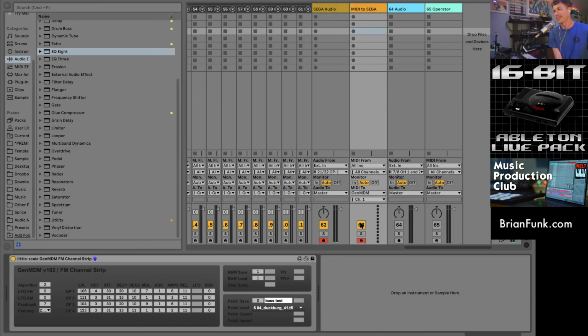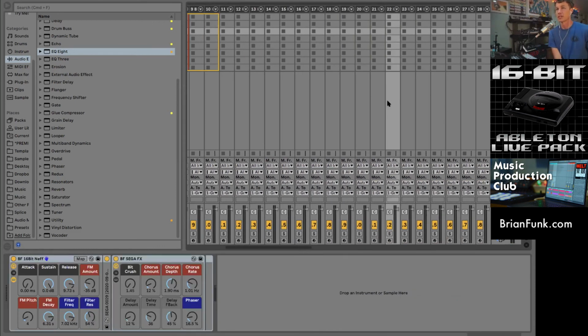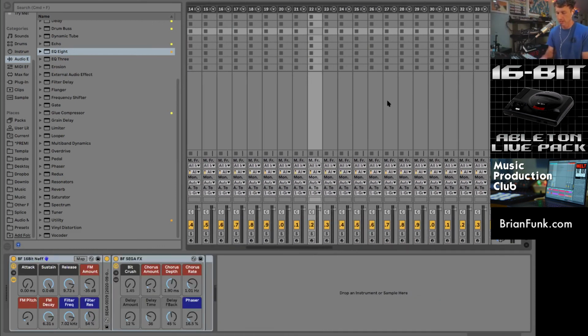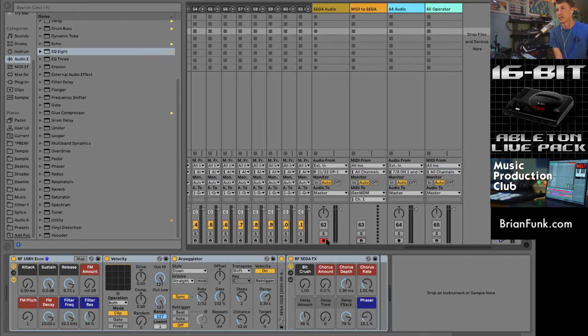It's a very interesting sound chip, and it's really fun for me to combine these sound chips with the sound of the Genesis. I'm sorry, the sound of Ableton Live, adding some delay, adding some effects, frequency modulation, all of this stuff that we can do to make it just so